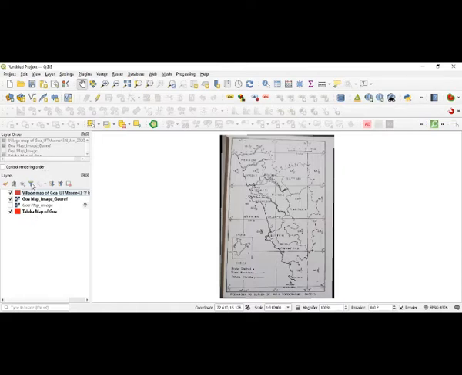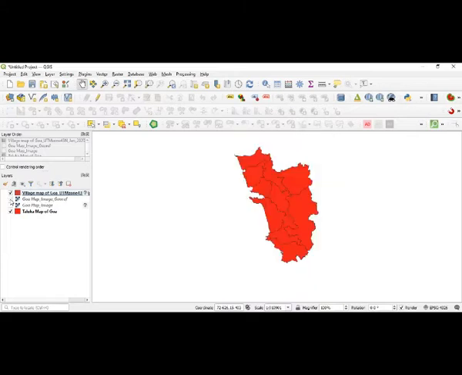What is there in the layers is seen in the same way in the layer order. Now it shows what is the order of the layers here. But our map has gone down. Where has our taluka map of Goa gone? It has gone just below the Goa map image georeference. If you want to see whether it has gone somewhere or it is there, I will just uncheck here and you will get that map. Can you see that? The map is just below the Goa map image georef.